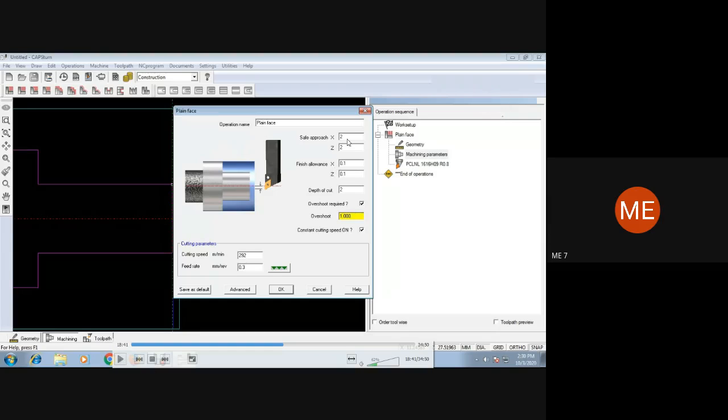Once you go to those boxes to fill in the data, you can see the changes happening in the preview shown here.